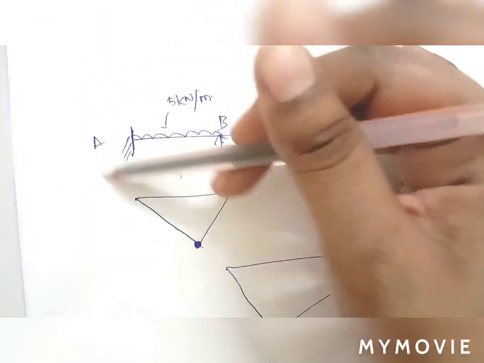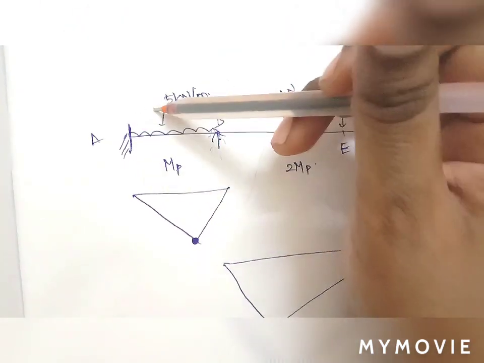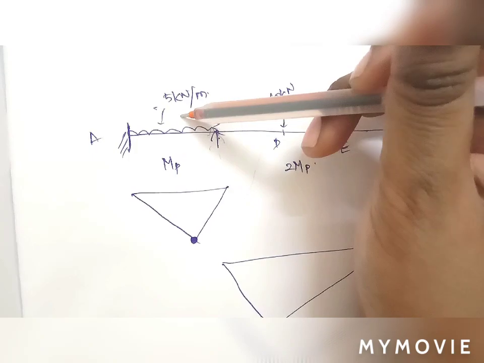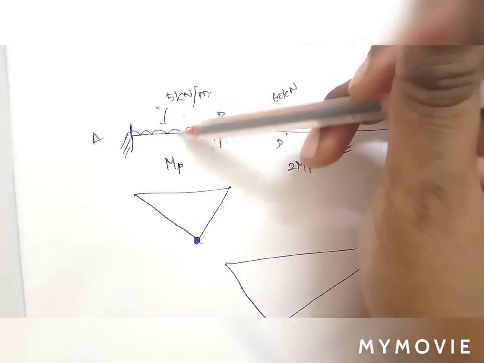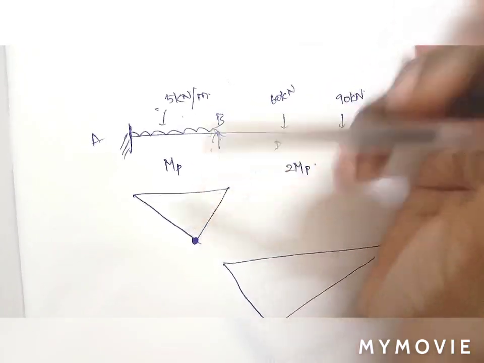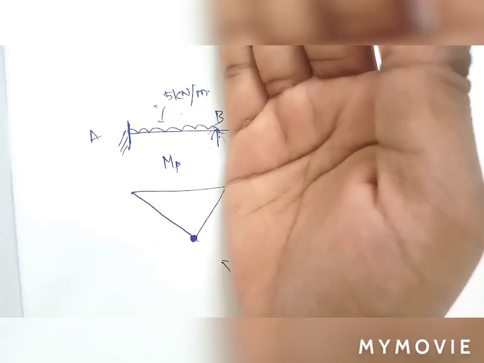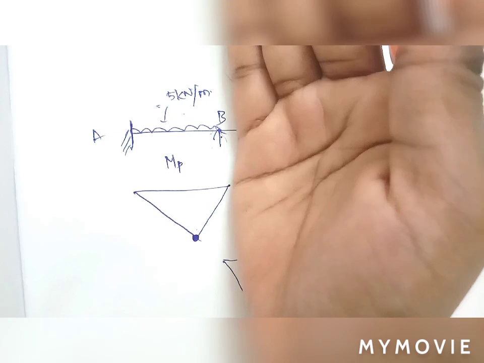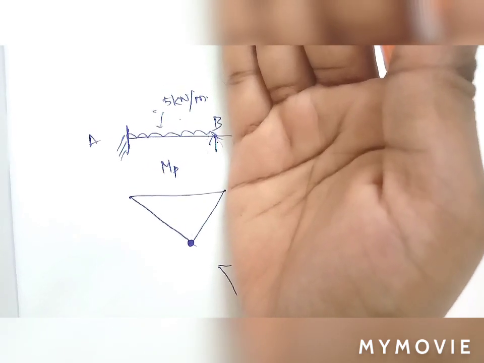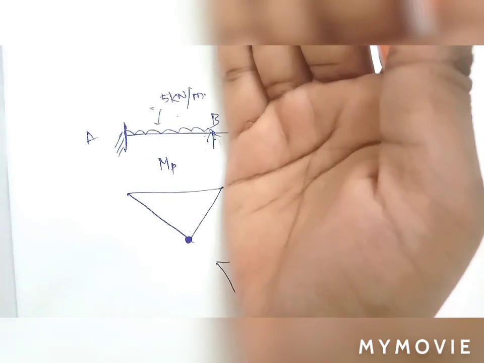It will act as a symmetrical section only. So hence I am saying that the plastic hinge will occur at the midpoint of the section. If suppose in the question only this portion is given, then the location of the plastic hinge has to be determined. That thing we'll see in the next problems.